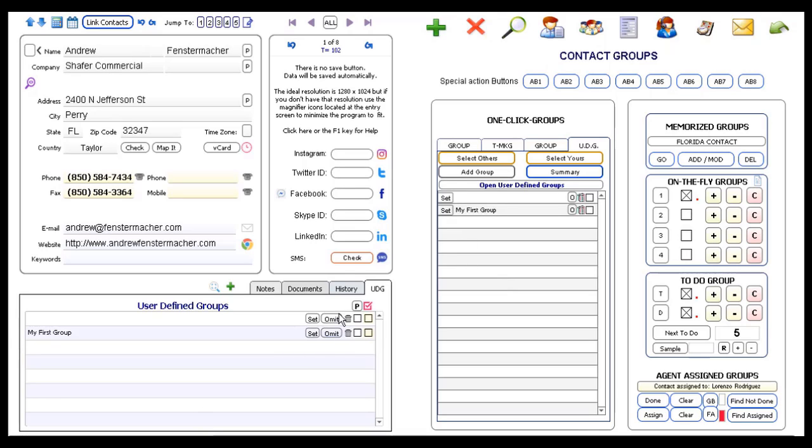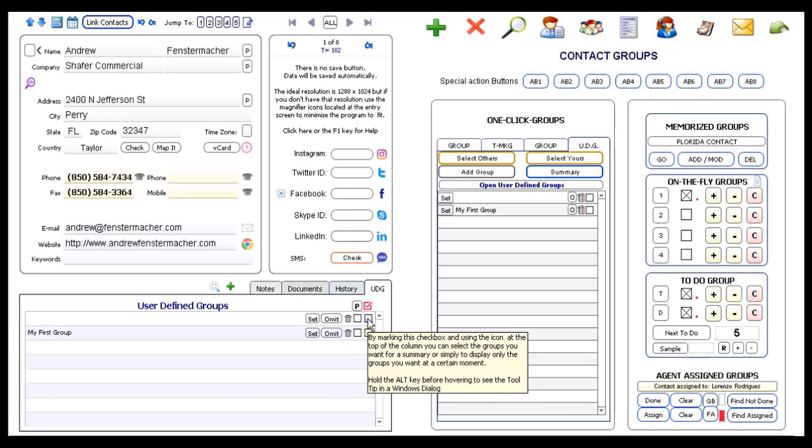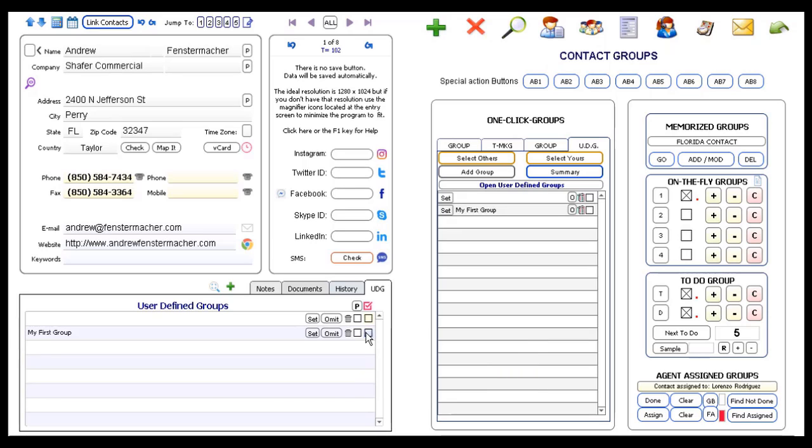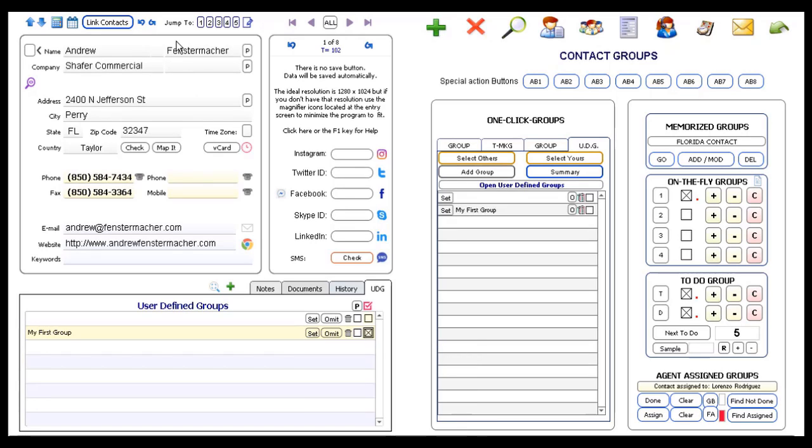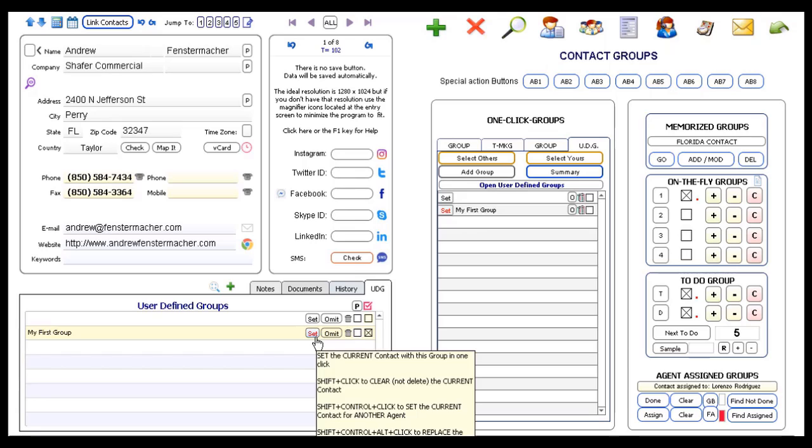Alright, so I can omit this one if I want. Yes, omit from this list. I can check this thing. I can mark them. That is useful. You're gonna see why in a second. So I can mark it. I can assign, or I can set this group to this contact. Okay, so this contact is Andrew, so I can set it for him, and it will be red, as you